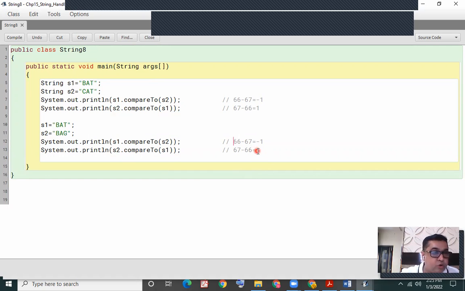I often told you to remember the ASCII codes of capital letters and small letters. Write them over here for your reference. Particularly in this topic, you need to be a bit clear. You need to remember the ASCII codes.